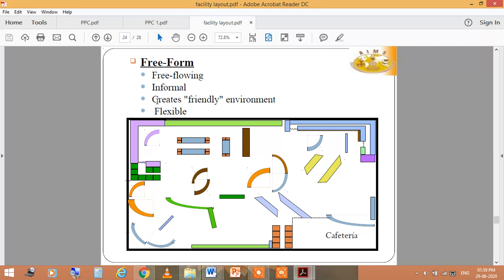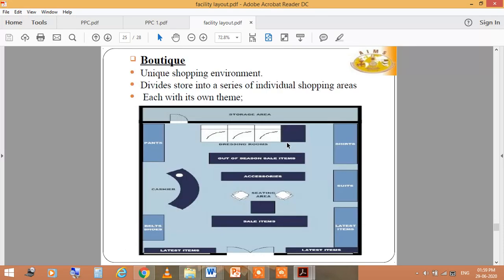So it is free flowing, informal, creates a friendly environment, and is flexible. There is no discipline of types. Boutique means a unique shopping environment, which divides the store into a series of individual shopping areas, each with its own theme. Everybody is free to choose their theme as per their choice.